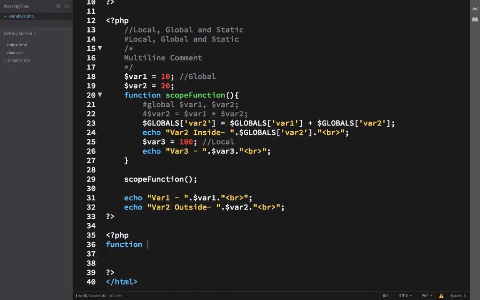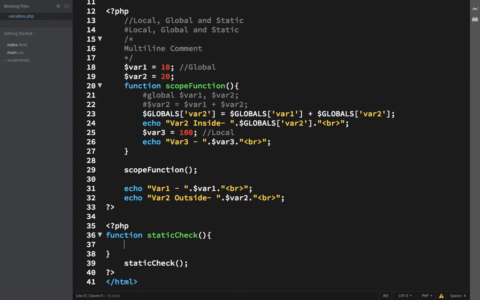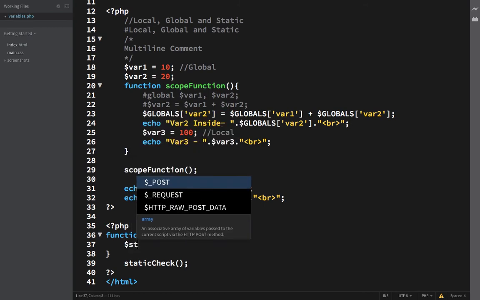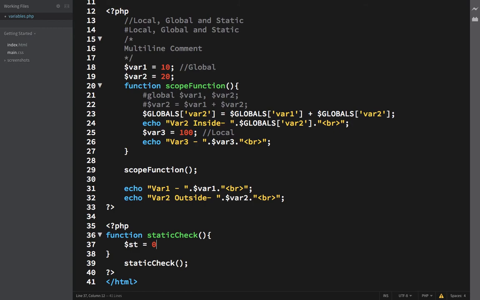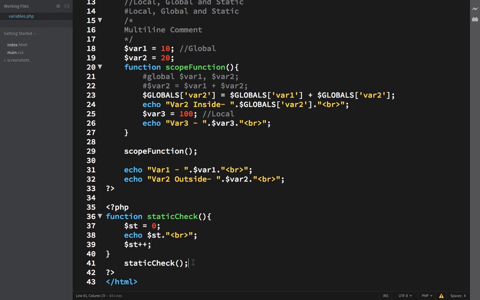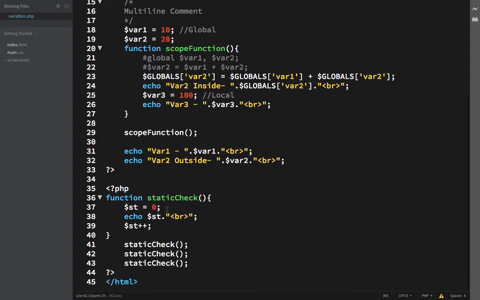Create one function, static check, and we'll call this function using the function name. Create a variable inside this function with name st and value 0. We'll echo this variable st and try to increment this variable every time this function is called. I will call this function 2 more times, and every time this function is called, the value will be printed as 0,